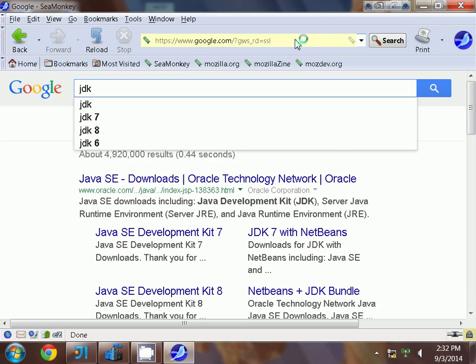Now, the Java Development Kit contains many interesting and wonderful programs. It contains, most importantly, a Java compiler. The Java Runtime Environment does not contain a Java compiler. The Java Development Kit is what you need if you want to develop Java programs. The other thing you want to find is the version called JDK, Java Development Kit 1.7. So if you say Java 7,